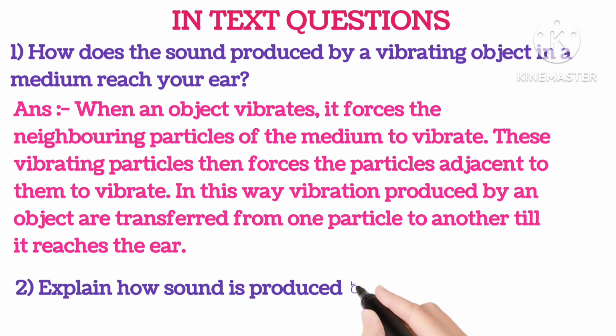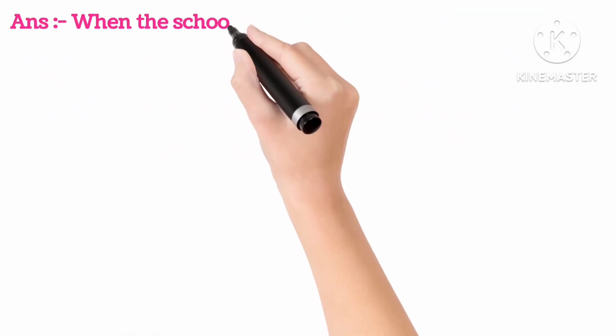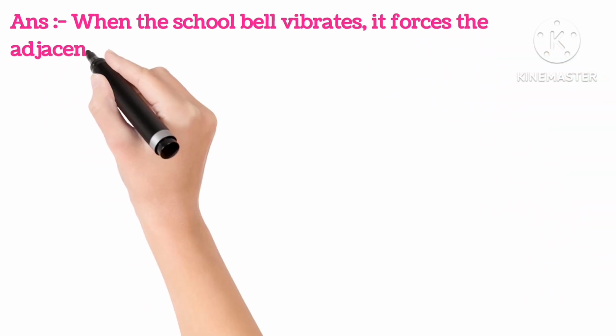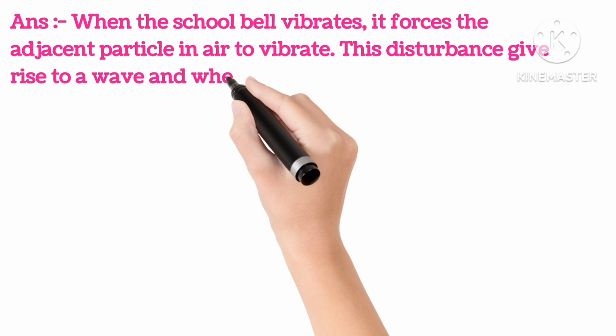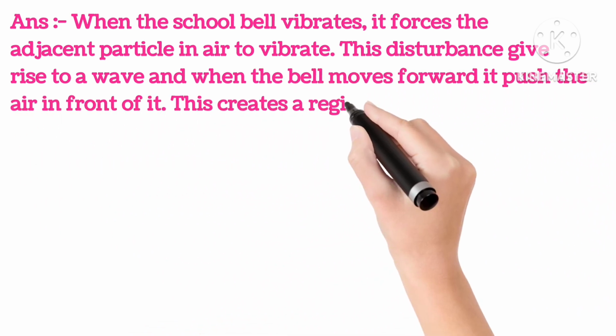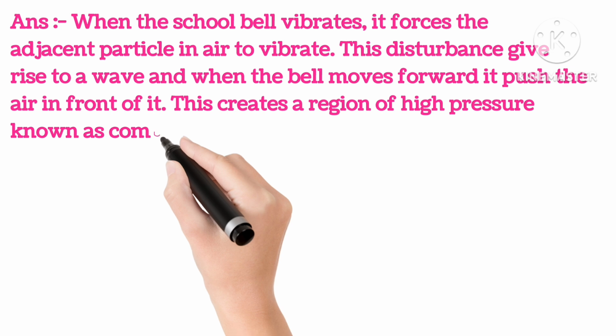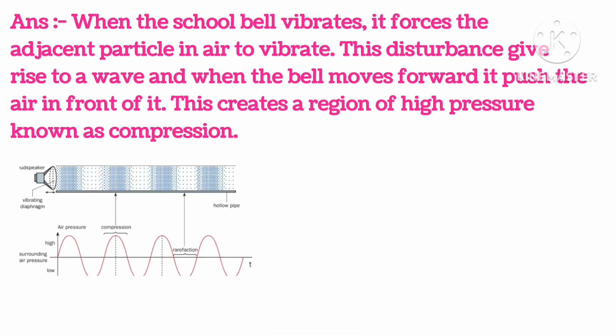Second, explain how sound is produced by your school bell. When the school bell vibrates, it forces the adjacent particles in air to vibrate. This disturbance gives rise to a wave, and when the bell moves forward, it pushes the air in front of it. This creates a region of high pressure known as compression. As you can see here,